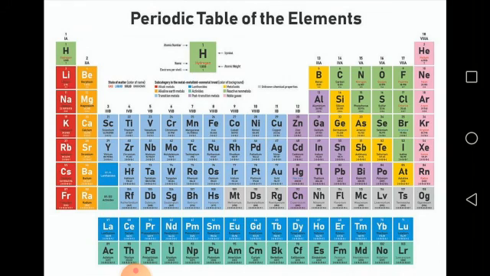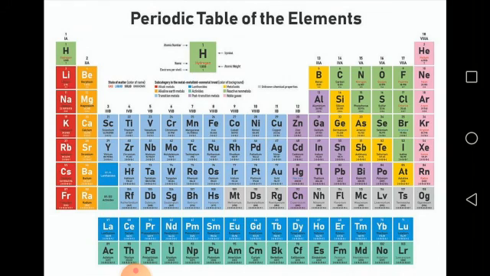So the first row is for principal energy level number 1, or n equal 1, the second period for n equal 2, third period for n equal 3, and so on. There are 7 periods in the periodic table. Each period starts with the filling of a new